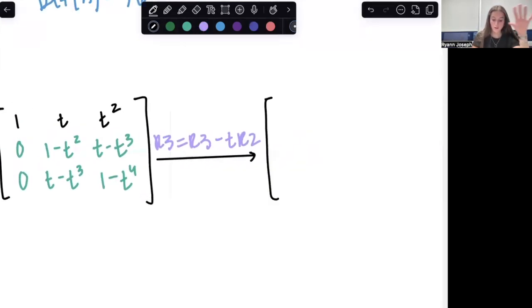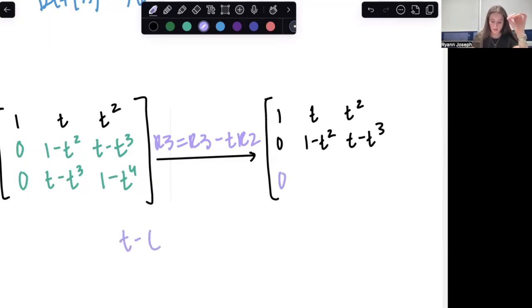So 1 and 2 don't change. 0, t, nope, t squared. 0, 1 minus t squared, t minus t cubed. And then I'm going to do the last row, so 0 minus t times 0, so 0, t minus t